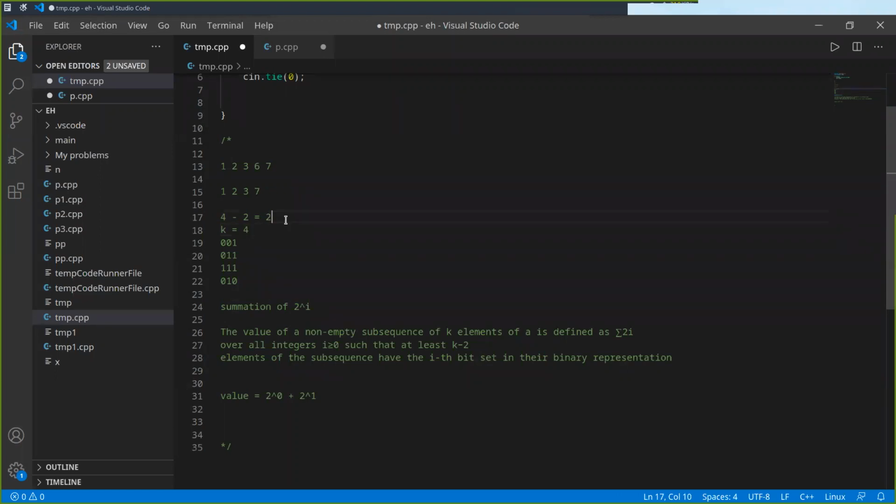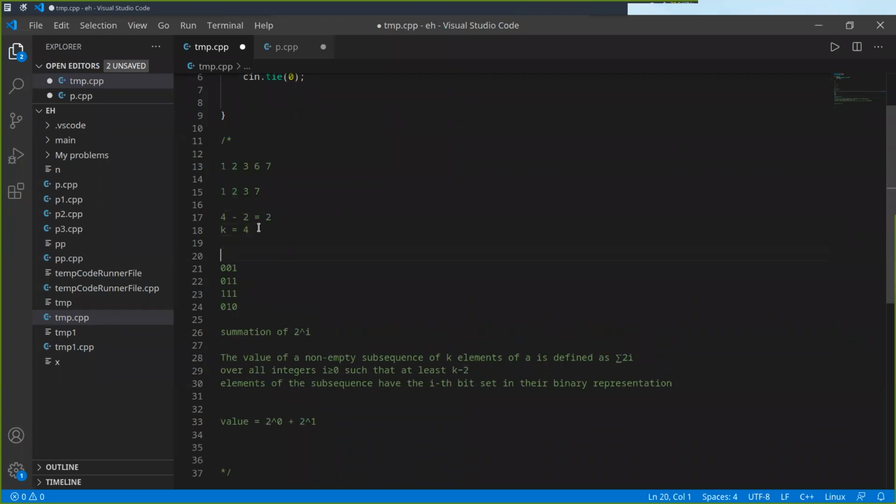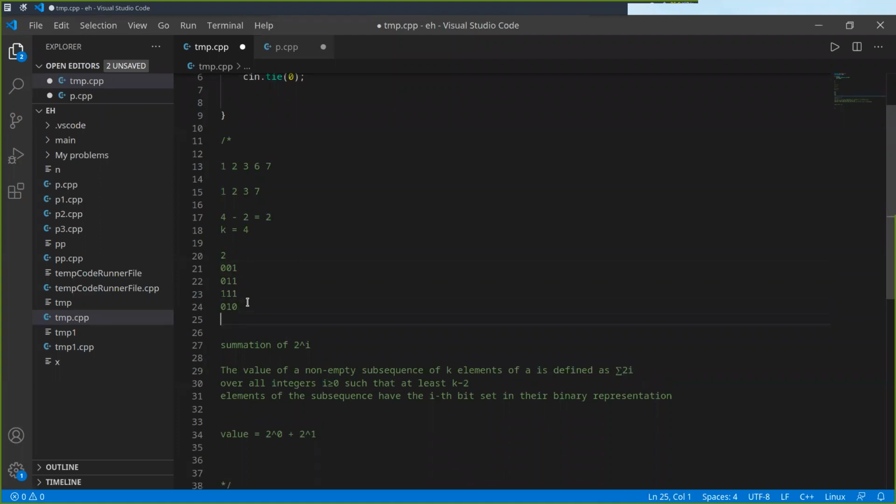So now I want at least 2 elements. To add the value of 2 power i to the value of this subsequence, I want to make sure that at least 2 elements have the ith bit set in their binary representation. For i equals 2, I have 3 elements that have the second bit set. So here the second bit is set in 3 elements, and the first bit is set in 3 elements. And if I have another element here,